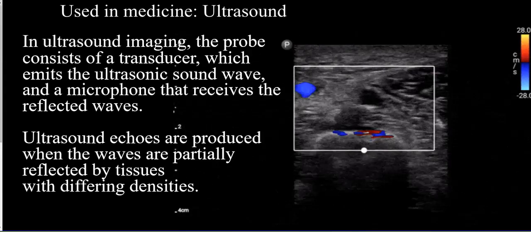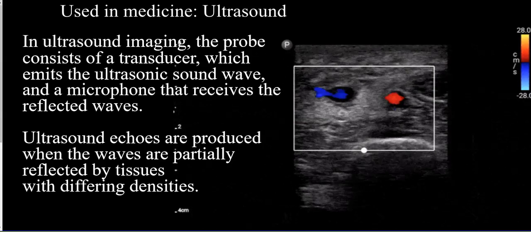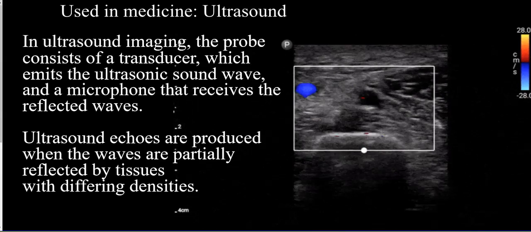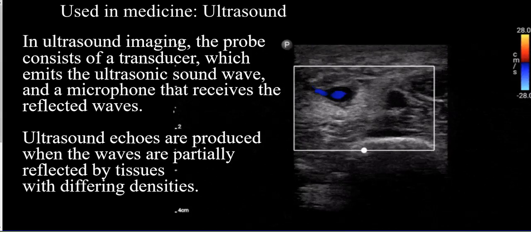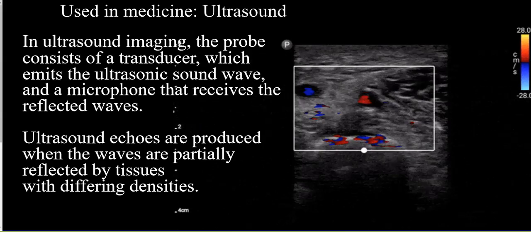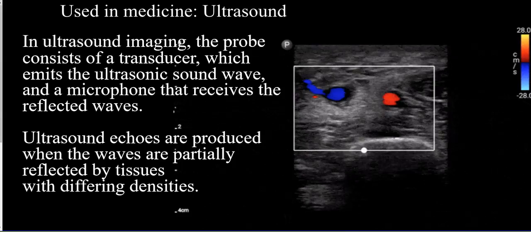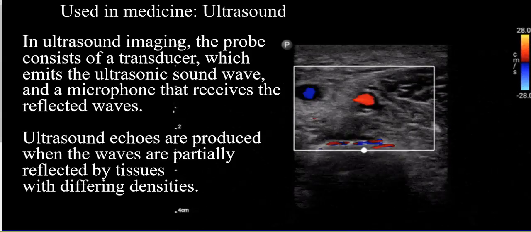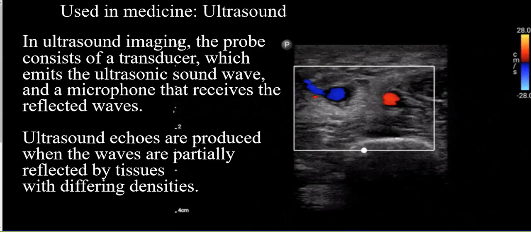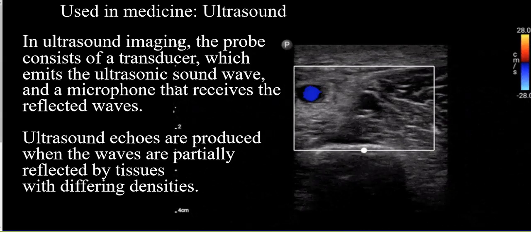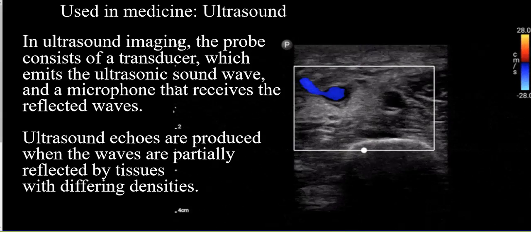Other things, so the odd one or two of you might have had an ultrasound already. This was just an animation pulled from Google of somebody flexing their muscle. They were looking to detect the flow rates, and that's what the blue and the red is. It's showing whether or not the blood is flowing towards the screen, towards your face, or back into the screen. And it's just using sound to detect this, and the difference in depths of all the tissues will determine whether or not